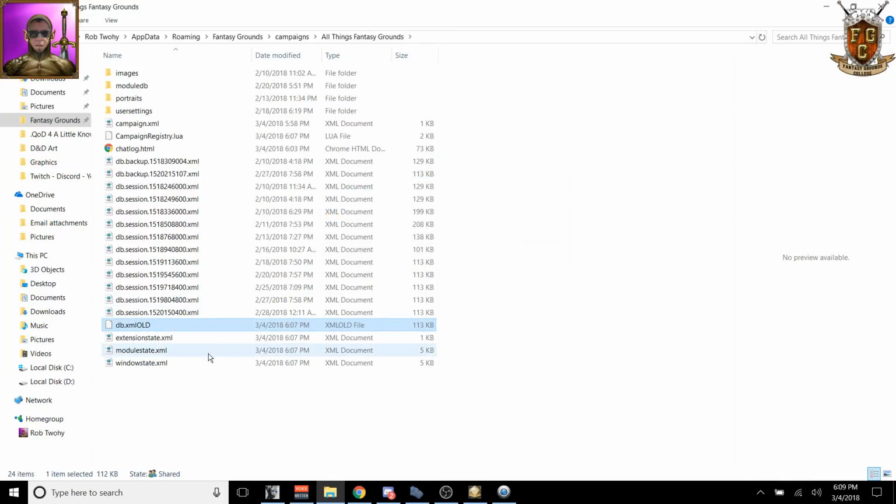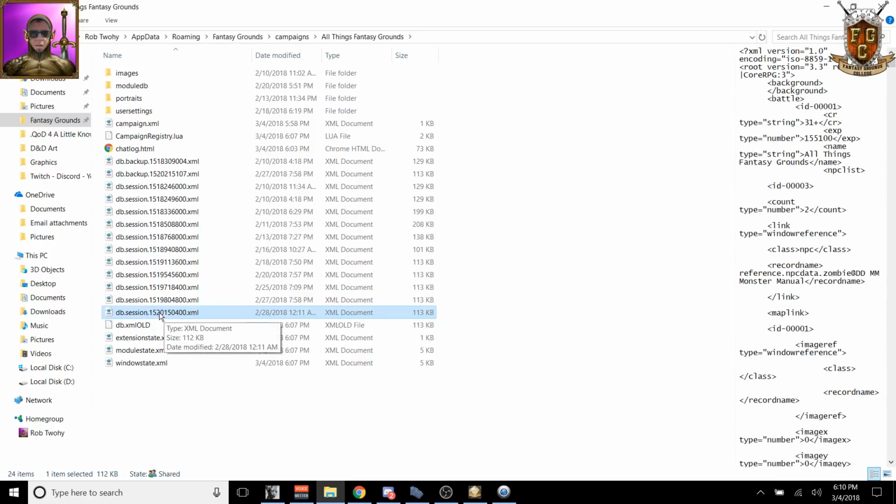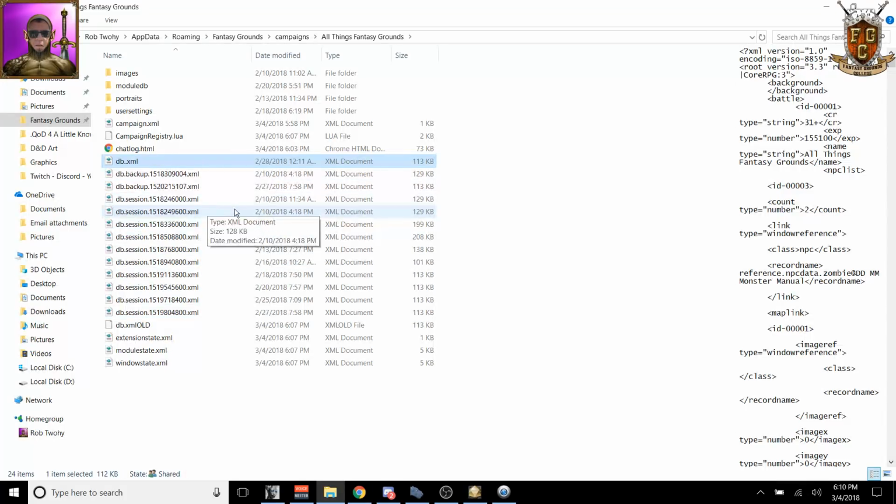db.xml old or something. You don't want to erase it in case you still want to keep it. And then you can go to the most previous session and rename that db.xml, and then there it is. Now when you open Fantasy Grounds, it will open that file, and you should be good. You should have the most recent up-to-date information on your campaign, other than the one where it got corrupted and shut down, like if you had a power outage or,